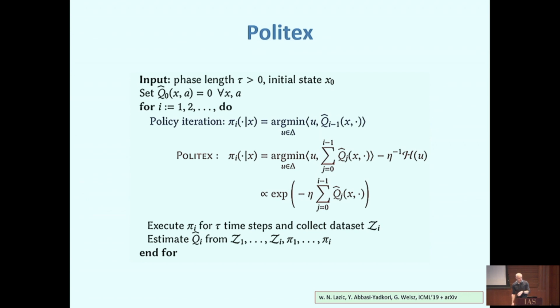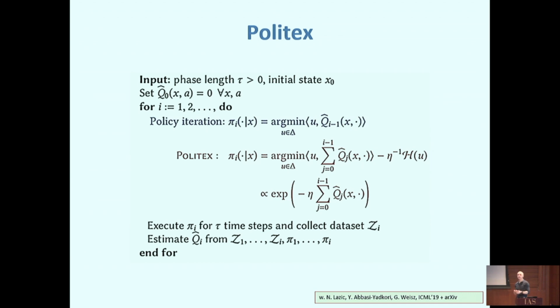Okay, so there are some details here that I'm hiding, but jumping to the next step, what is the algorithm that results from this? The simplest algorithm that you can use in online linear optimization is exponential weights. You plug in exponential weights, and lo and behold, you get this version of policy iteration, which we call Politex. Policy iteration with expert advice, or exponential weights, I forgot. Where you have this entropy regularization, if you wish, or this exponentiation. It's also similar to Polyak averaging, and then you can